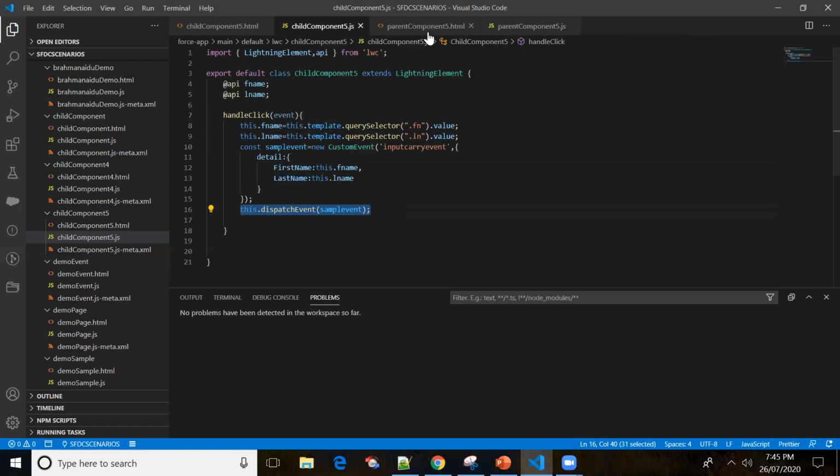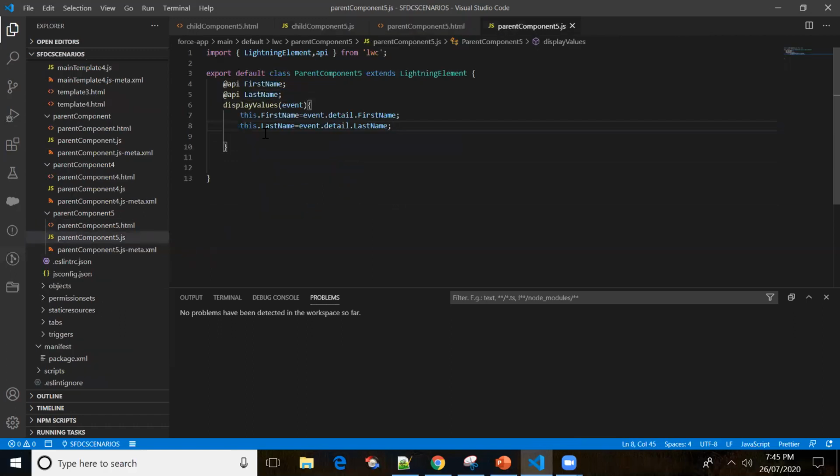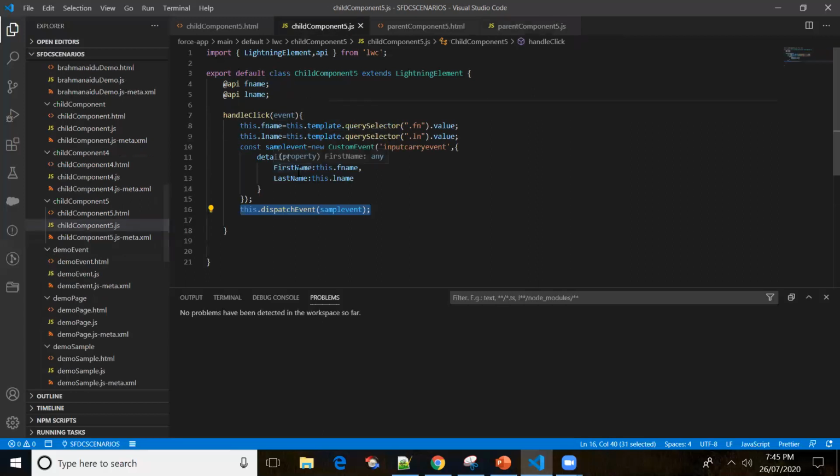So in the parent component, what I did is, I have created two variables. This is the name of the method, event, and I'm putting the value to the first name and the same thing for the second input as well. So event.detail. What was the name in the JavaScript? First name.